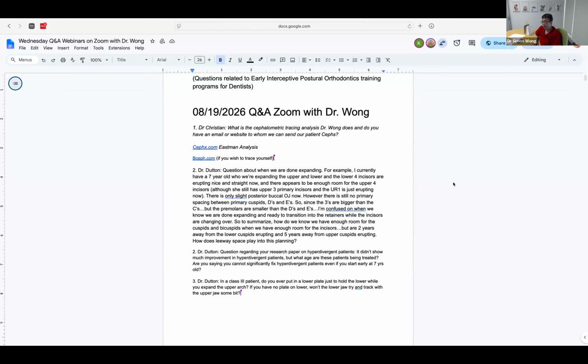So in the late mixed dentition, the changeover sequence is lower canines, upper first premolar, lower first premolar, upper second primary molar, lower second primary molar, and then upper canine. And so the sequence